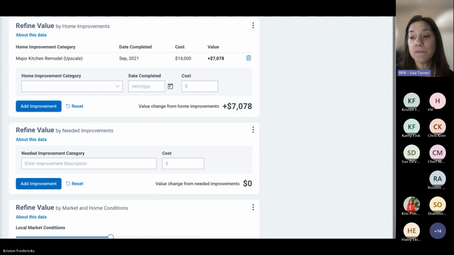Same thing with needed improvements. When my husband and I bought our house here in Florida 5 years ago, it needed a new roof. The homeowners were not willing to replace it. We went ahead and entered the needed improvement, a new roof of $20,000, and we used that in our negotiation with the seller. So again, basic facts, refined by home improvements that have been completed, needed improvements, and then finally,